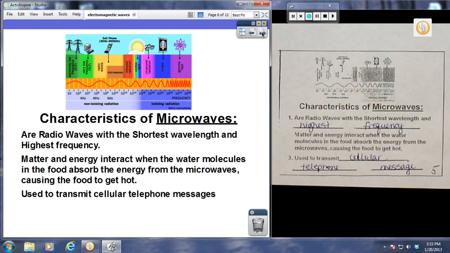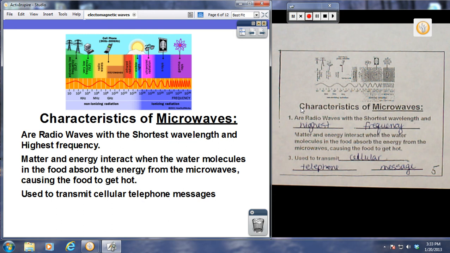They are also used to transmit cellular telephone messages. Every time you talk on your cell phone in areas where there is not a cell site, you can see cell phone towers, and then you can see these old, really big pieces of metal. They're located right here. You can see those kind of towers as well. When you're in areas out in the country that don't get all the digital information, don't have all the chances to have digital TV or whatever, they use those type of cell sites, and those are the sites that'll transmit